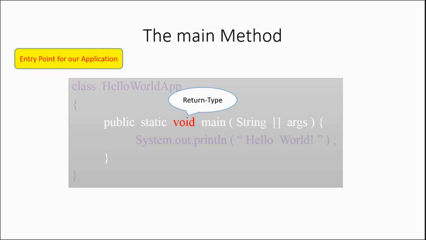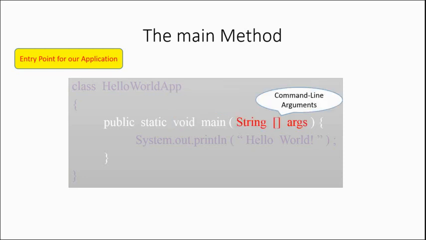Now comes void. Void is the return type of the method. It says that the main method does not return anything, not an integer, not a string, after it completes its execution. The main method, before it starts its execution, takes command line arguments in the form of strings. This is the way of passing information at runtime to your application. Like in a sorting application, a command line argument could tell whether to sort in ascending or descending order.